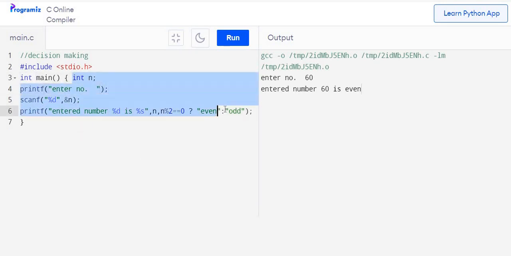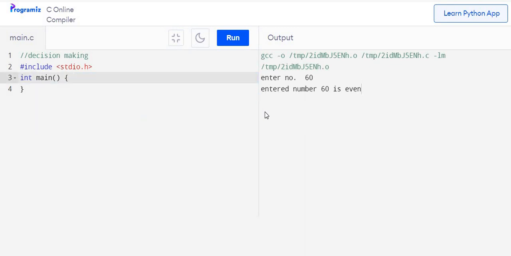Now let us study the if statement. Basic if statement checks a certain condition. Suppose we want to generate the absolute value of a number. So user will enter the number. Let the number be float.